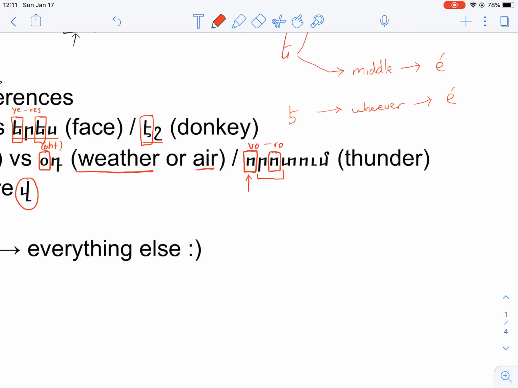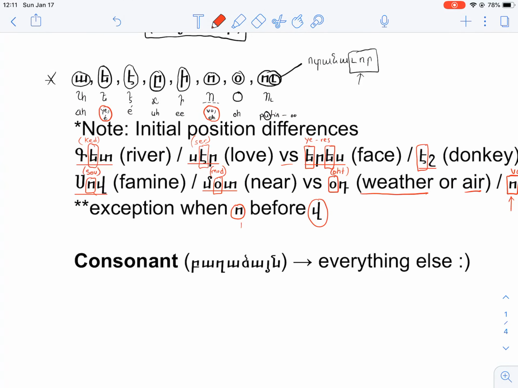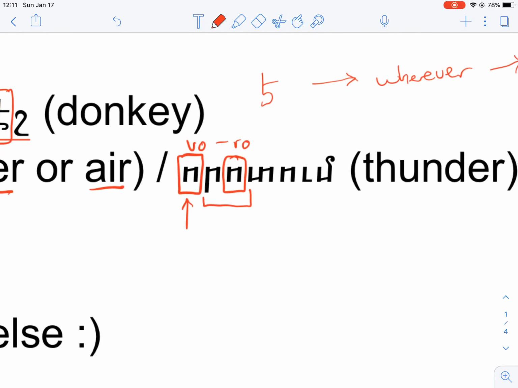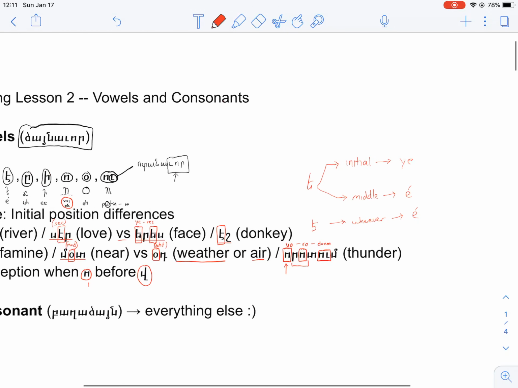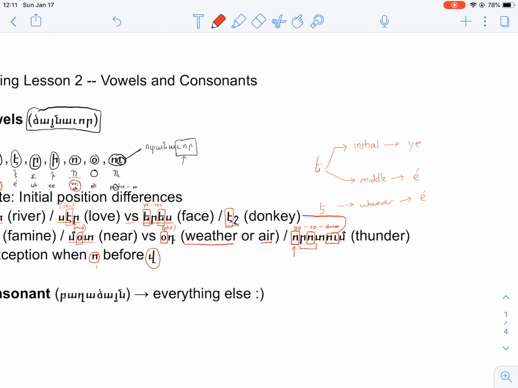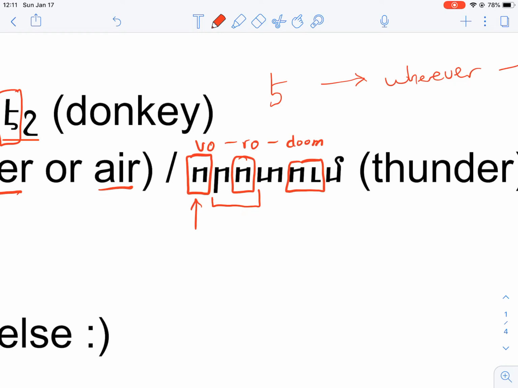When vo is in between letters, as we saw in sov, we're seeing it here again. When it's in between letters, it's pronounced as o. So the syllable here is ro. So it's vo, ro. Last syllable is dum. And we see the vo is before the hyun, so we know from here that it is pronounced as u. So it's vo, ro, dum. Vorodum.